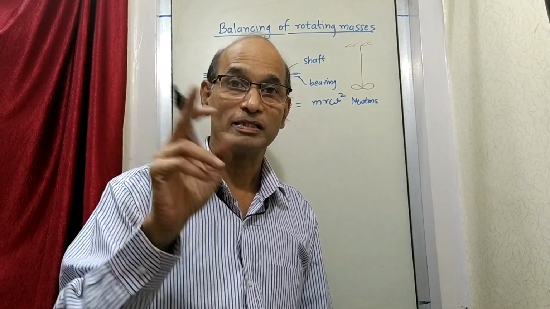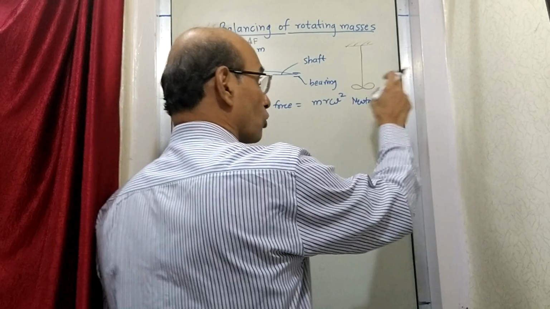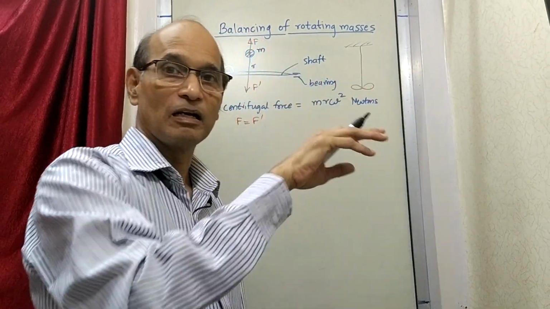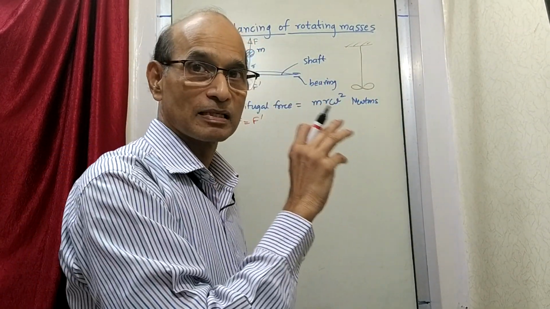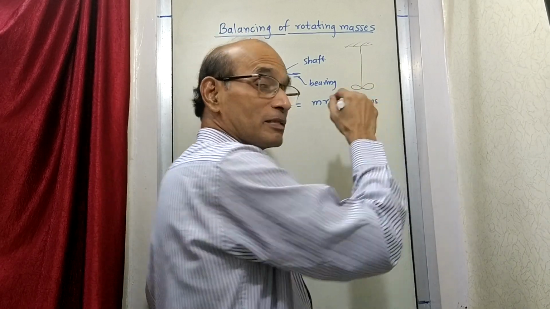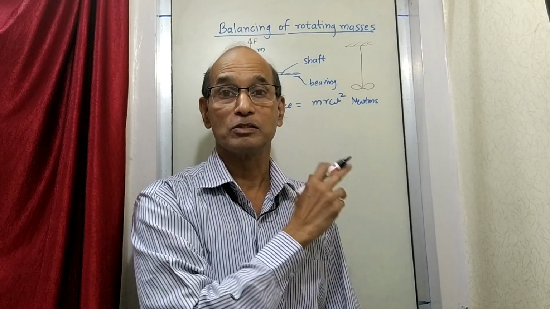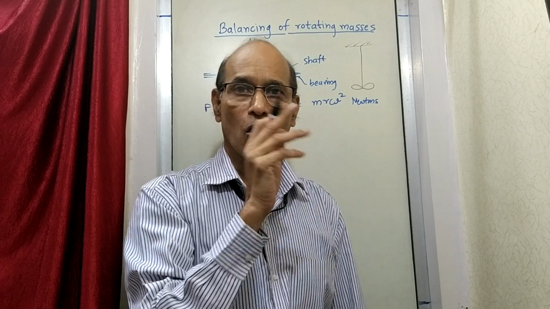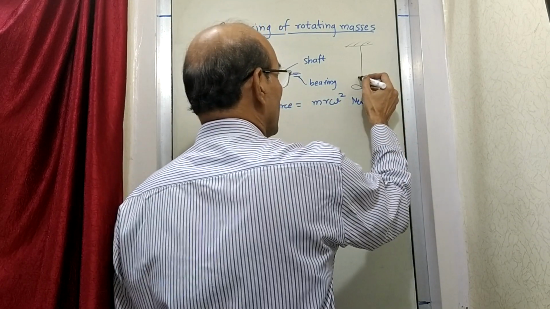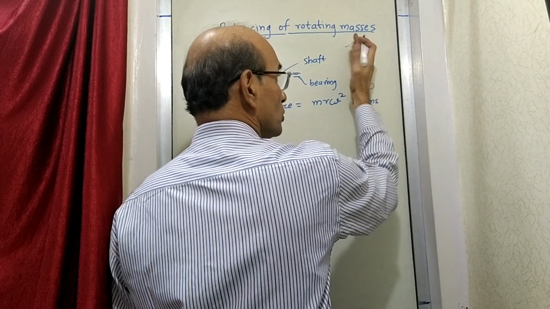So they are going to cause centrifugal force. When they are causing the centrifugal force, the net centrifugal force of that should be such that it is going to cancel. Suppose it is not cancelling, that means suppose the fan is not balanced, then what will happen? All of you must have noticed sometimes that this fan has got a tendency to swing like this.